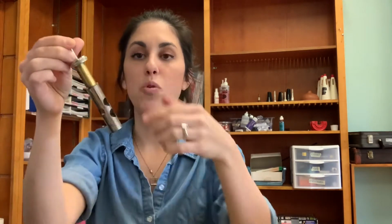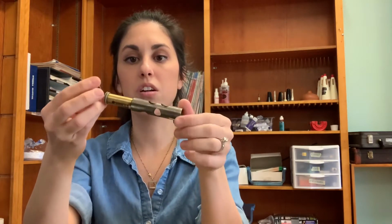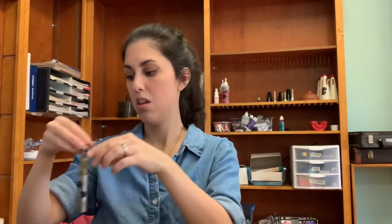They all look different. Some of them have one notch here and one plastic notch there. Some of them only have one. Some of them don't have any. If you have two like me, identify which one is smaller and which one is bigger. Then you're going to take the valve oil